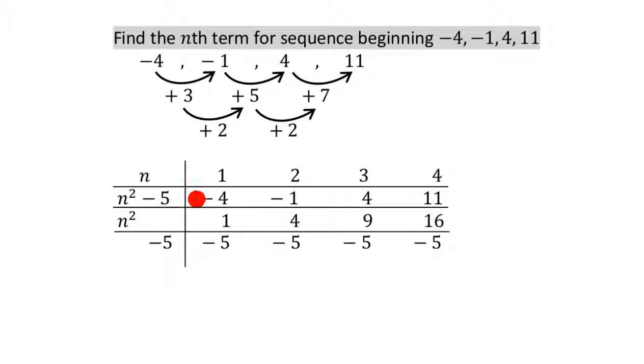And it's very easy to check that your nth term is correct for this pattern by substituting these n values into here. So for example, let's just pick this one. When n is 2, what do we get? We get 2 squared minus 5, which is minus 1, so that's great, because when n is 2, we should get minus 1. When n is 3, we should get 4, etc. So you can do that